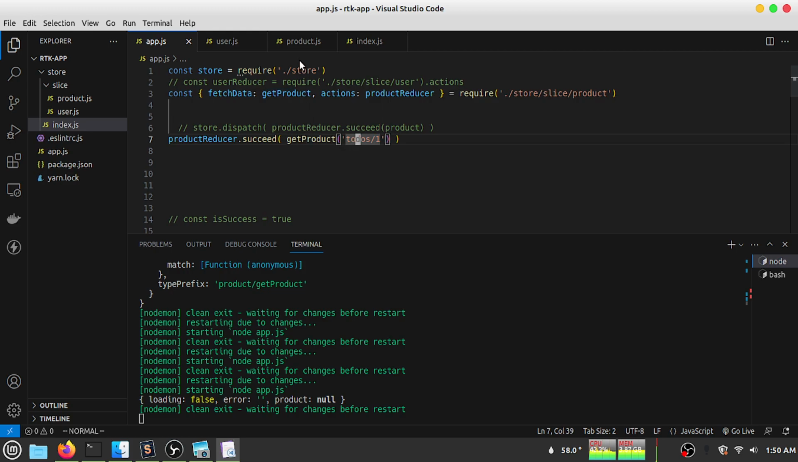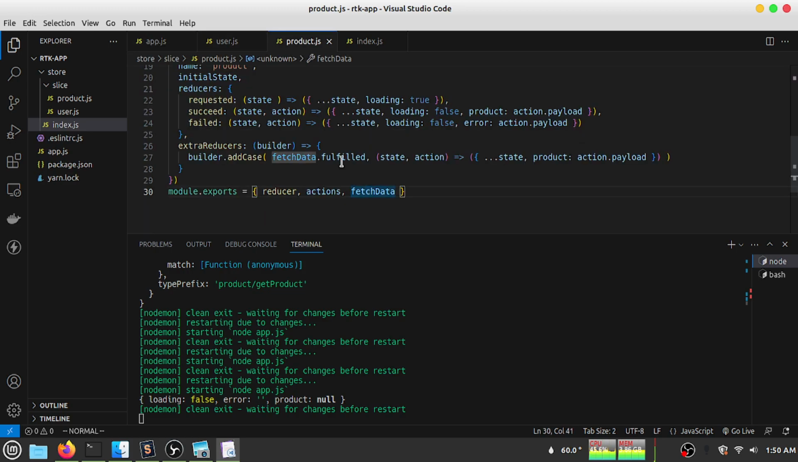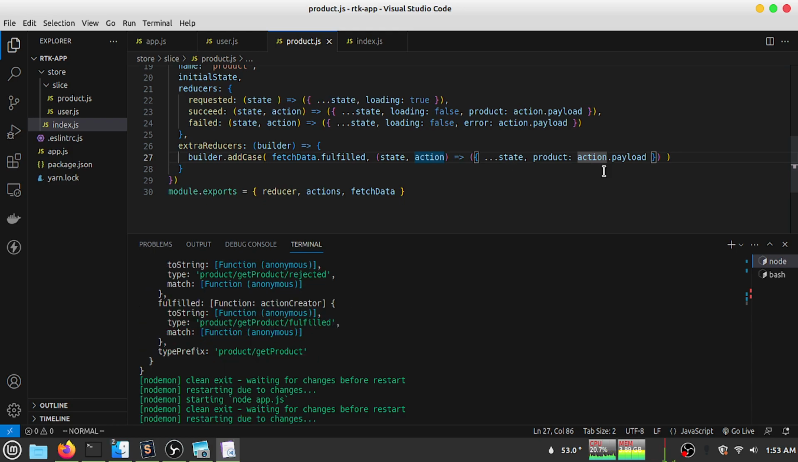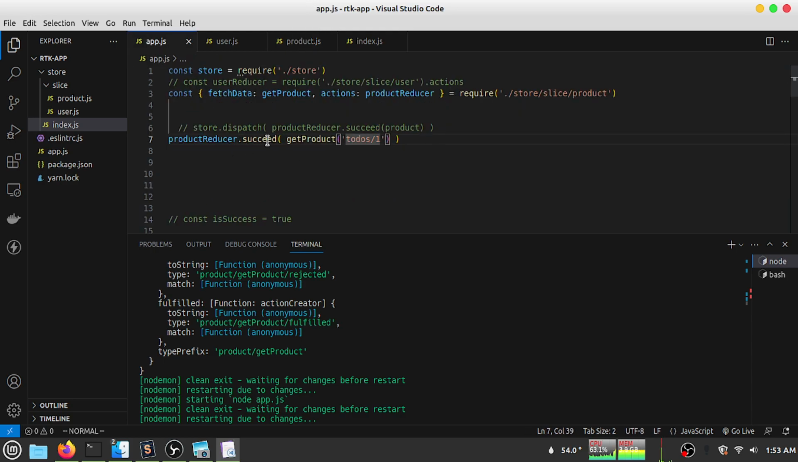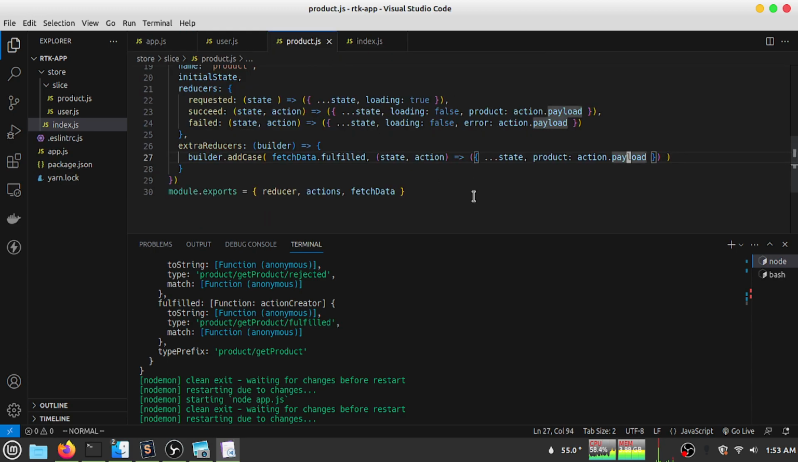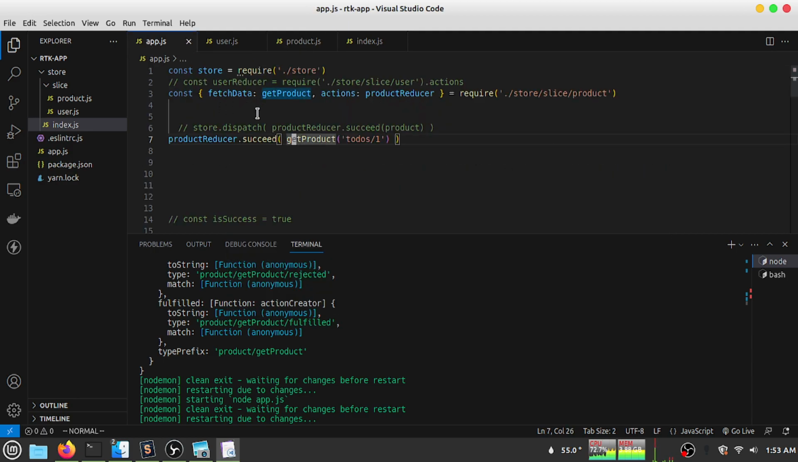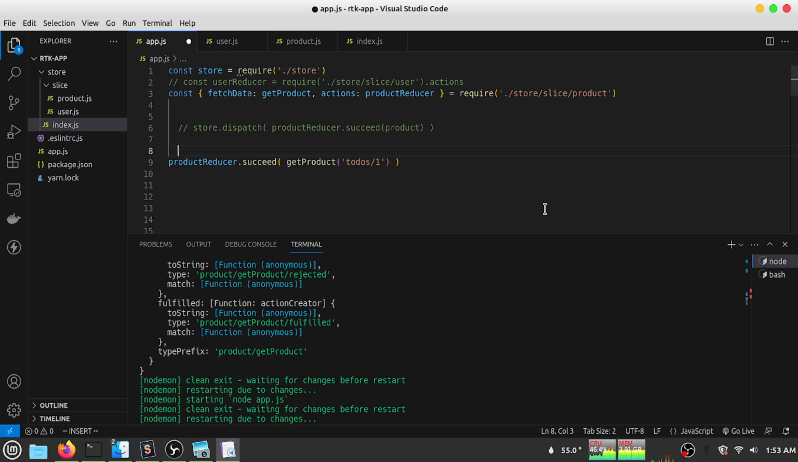let's see the problem. In my product handling fulfilled state, product will be action.payload. Let's see the problem. Actually, everything is fine here, but the problem is that I do not have succeed anymore, because I am creating it completely differently. So it must be dispatched directly. So I do not need the action here. Actually, this line will be coded this way. It will be